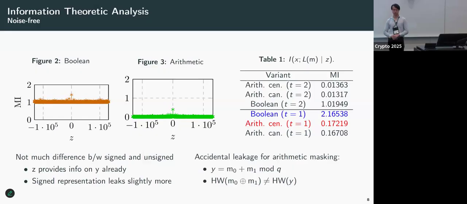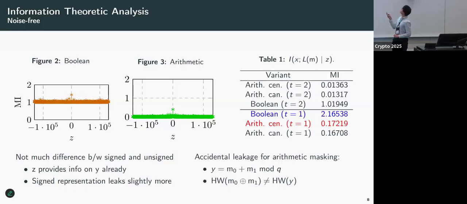This is just a more subtle case, because in this case, z is published. And in most cases, z has the same higher bits as y. So as an attacker, you actually get those bits for free. So the extra information that you learn when y is protected by signed representation is somehow, maybe not the best word, limited, because you know z already. But based on our computation, the signed representation still leaks a little bit more than unsigned representation. And you could see this